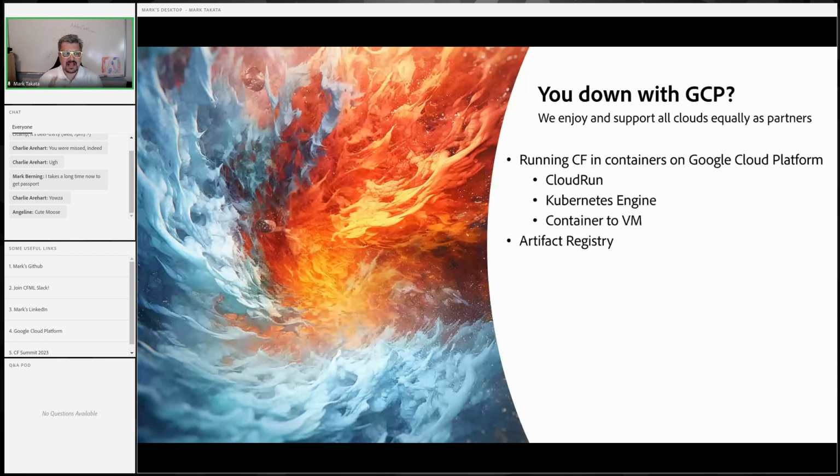GCP really has, I mean, you could get pedantic and say there are options in some of these, and maybe you could call those individual ways, but really there are 3 ways to run container workloads inside of GCP. I'm going to cover all of them here and what they are, how they function, all that good stuff. So the 3 ways are really Cloud Run, Kubernetes Engine, also known as GKE, and container to VM,